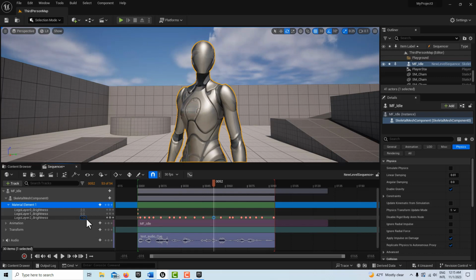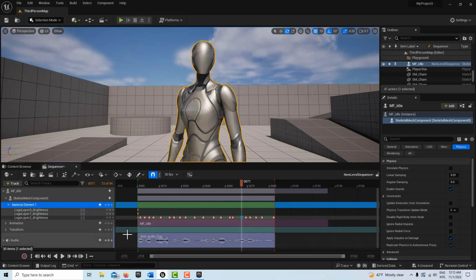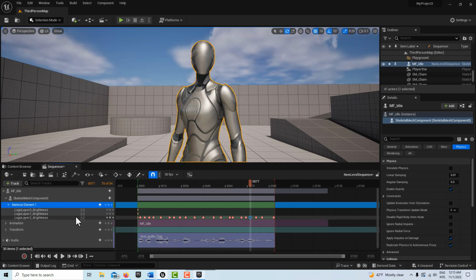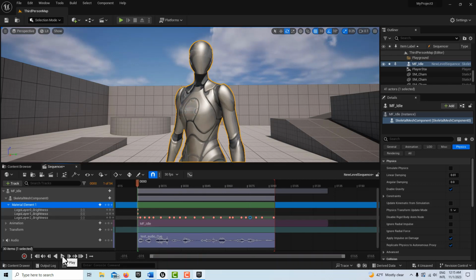And like I said, this is just the proof of concept, really, of how this could work. And I don't know if there's a faster way to do this. But to get synced audio on a robot, I think is pretty cool. So I think it's worth the effort, and there, that's all I'm going to do. So now if I go to the beginning and I hit play,